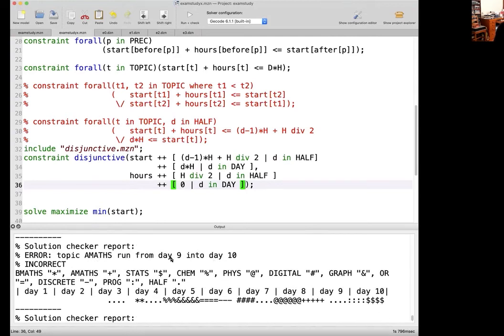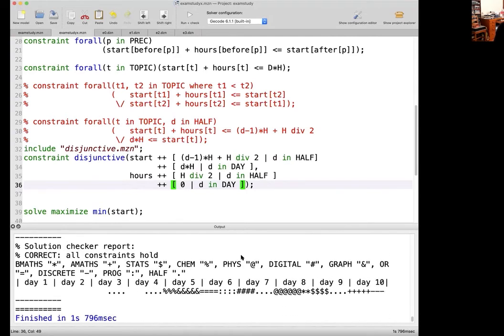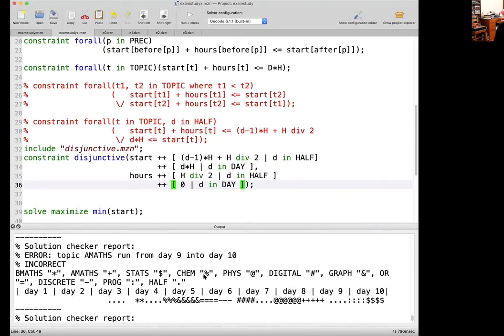Topic AMS runs from day 9 into day 10. We happen to work out and have an answer at the end where everything works. We're lucky, but we can see that we're not making this constraint hold. And that's because the disjunctive constraint doesn't say anything about zero-length tasks, because the zero-length task doesn't overlap with anyone,